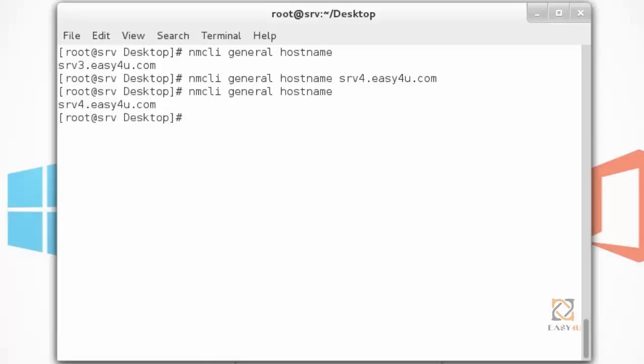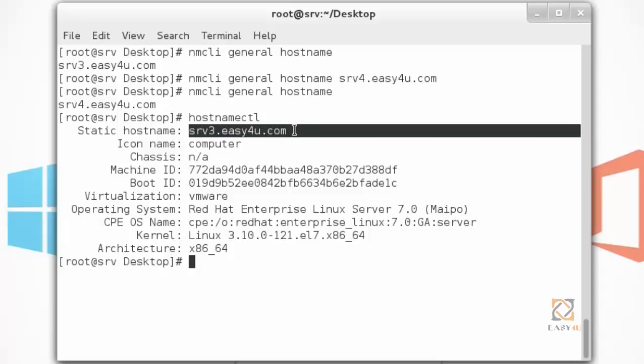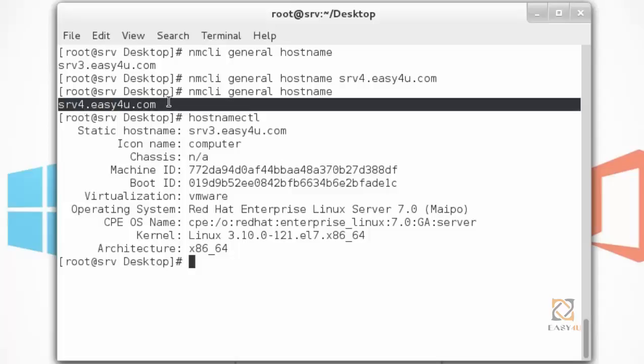Now I'm going to check it using the hostname command. Here is the old hostname, the old name displayed here. This is our old hostname of this machine, and this is our new hostname of this machine.